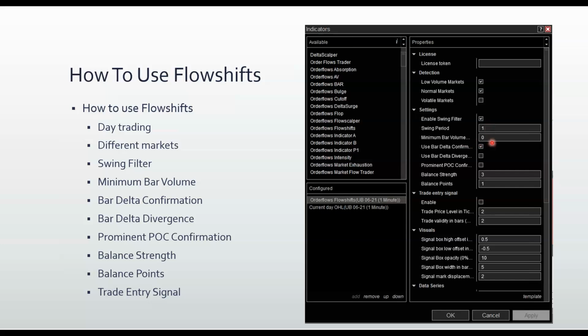Minimum bar volume. Now, for most markets, volume is not an issue. It's when you start getting into things like the night session, okay, where the volume really drops off, and in some markets, it drops off a cliff. During the day session, you're not really going to be worrying about the bar volume, but at night, if you're trading MES or MNQ, you might want to put a minimum bar volume of 100, MNQ probably 50,